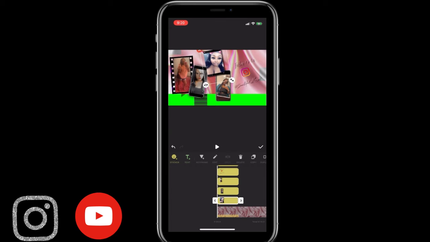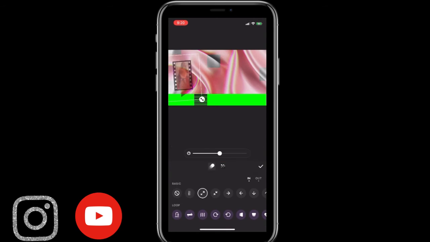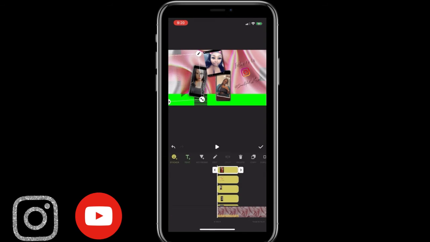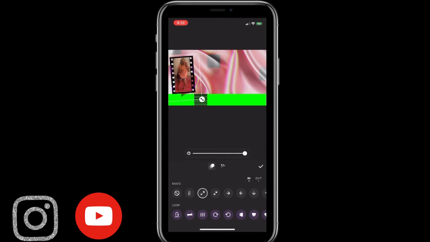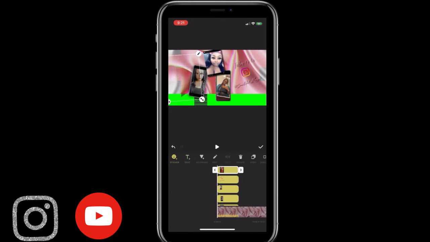So again, I'm trying to see where each picture is, and I'm trying to edit it one by one. Right. So if you actually use InShot, the first line of transitions are free. The second line of transitions, I don't think that they are free, and the only thing about that is that those transitions don't stop moving. So instead of a slide in, where it slides in and then it stops,